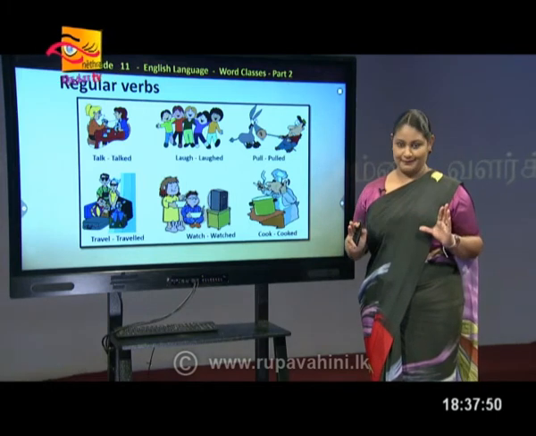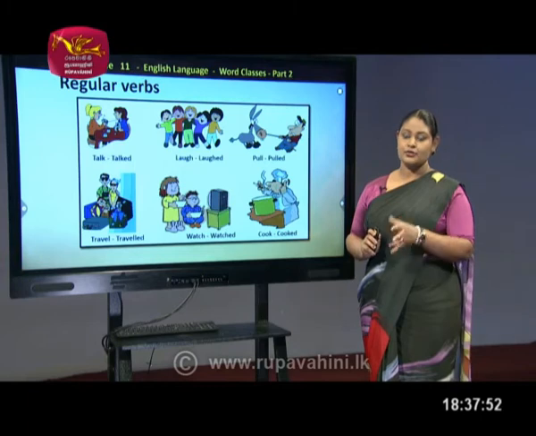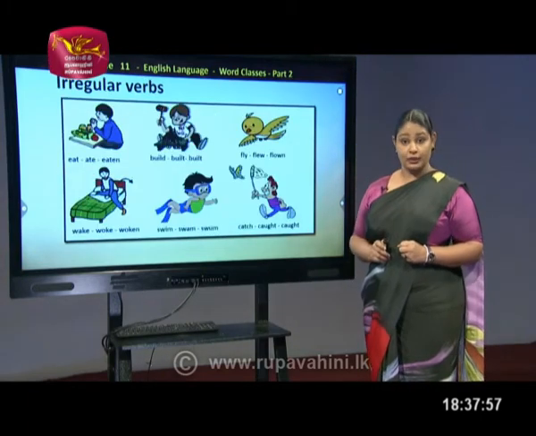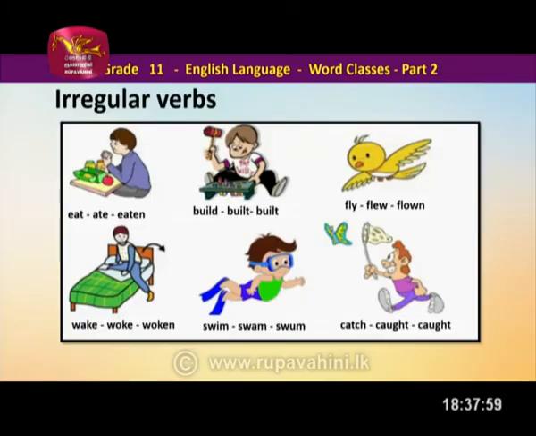Regular verbs are clear. Add d or ed to the root verb. Let's go and see the irregular verbs. Look at the screen. I have given you pictures as well for your better understanding. So what does the first boy do there in that picture? He's eating something. So how does it go? Now, this is irregular verbs. The first word is the stem verb. Second one is the past verb. And the third one is the past participle.